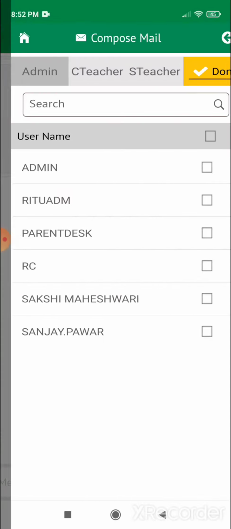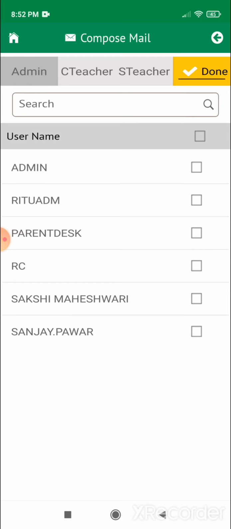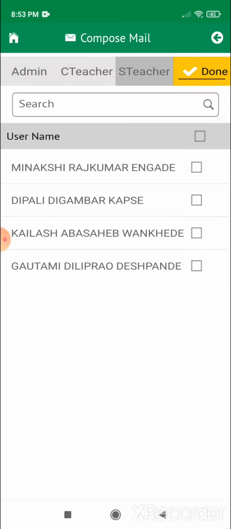Here, at the top right corner, you can see one addition sign with a man. Click on that. After clicking here, you will see four options: admin, class teacher, subject teacher and done. Click on subject teacher. After clicking, you can see your subject teacher's name.